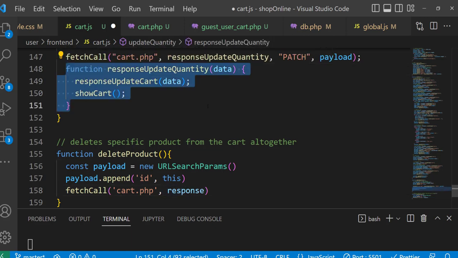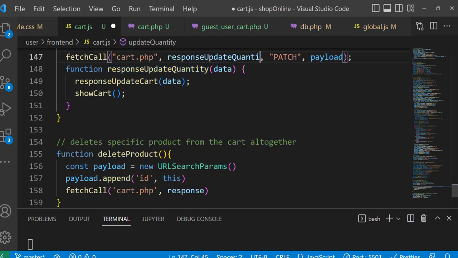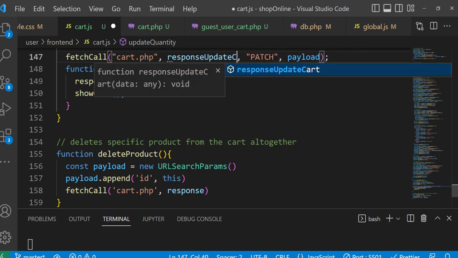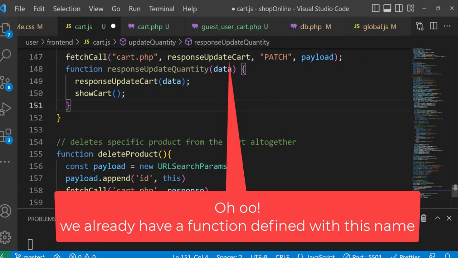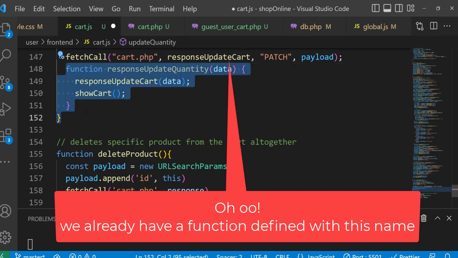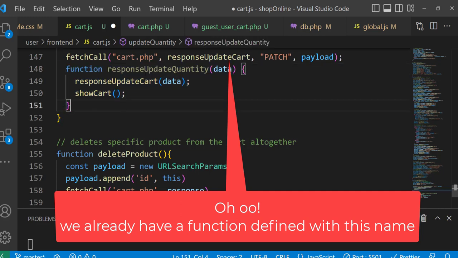So what we are going to do is generalize this function, responseUpdateCart, and let's bring this function responseUpdateCart